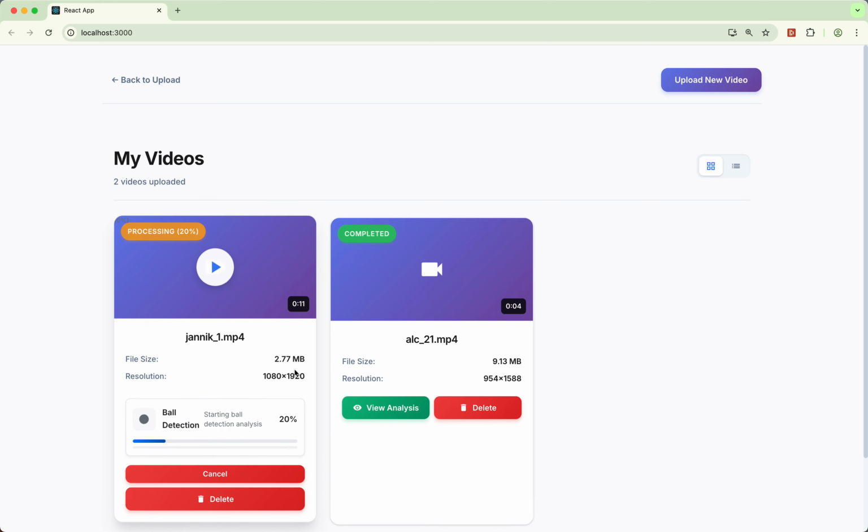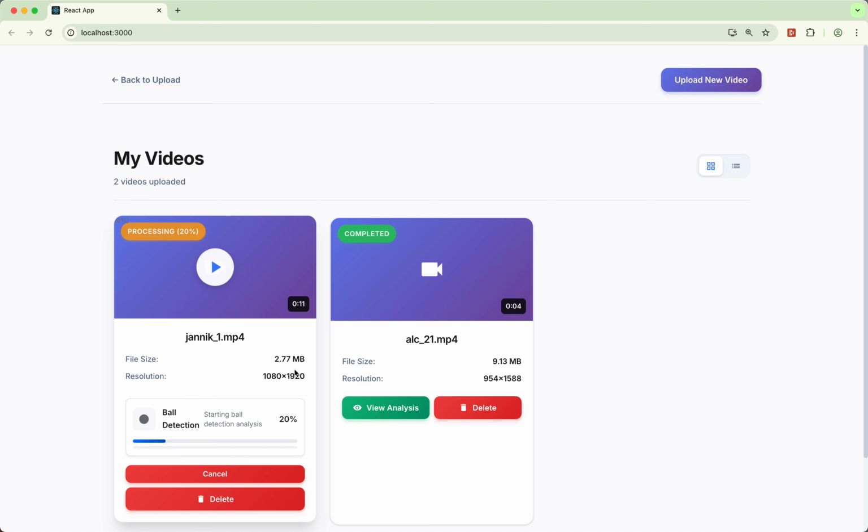But it also depends on the frame rate and the resolution. So typically, if you have a higher resolution and frame rate, you would have a larger file. But I've noticed that sometimes I'll have the same resolution, and even with a smaller file, if the frame rate is higher, that means it's going to analyze more frames. Now within the code, I have a setup, actually, I should change it, but I have a setup to skip a couple of frames when you have a